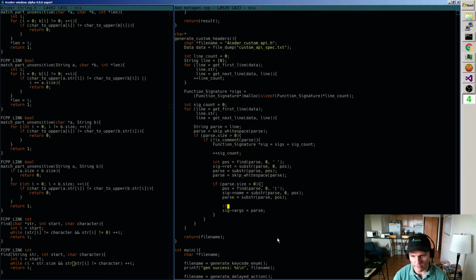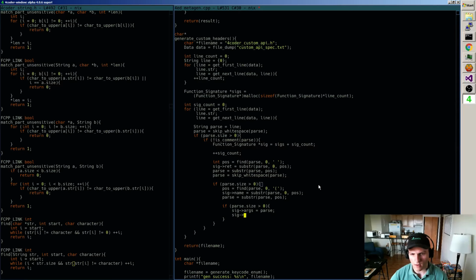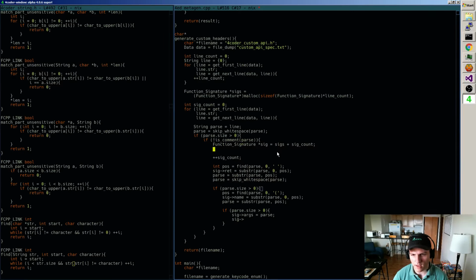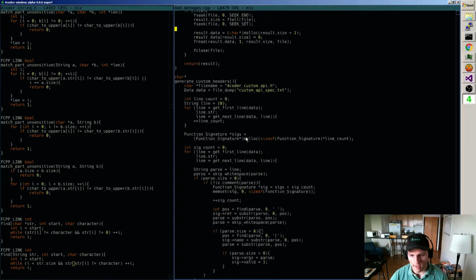And again, if parse.size is greater than 0, continue on, and set now the, and up here what I should really do is I should really say memset this signature to 0. Alright, so we're going to clear that to 0, and then here when I say valid, I can set that to 1 now,